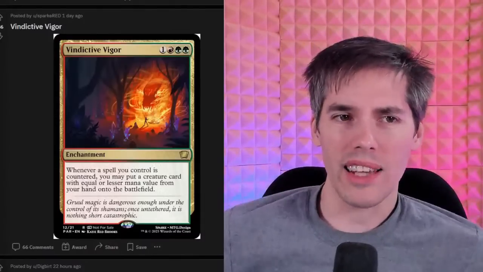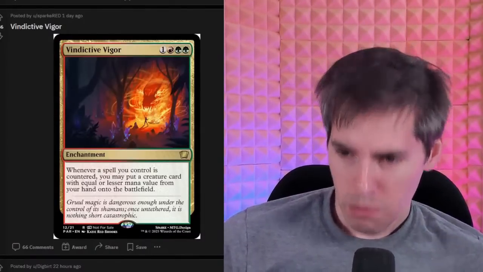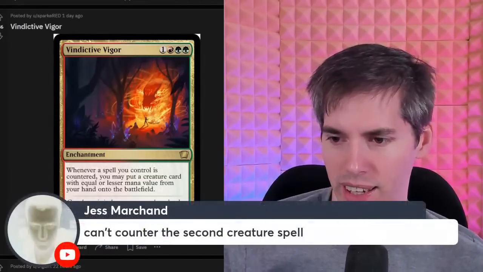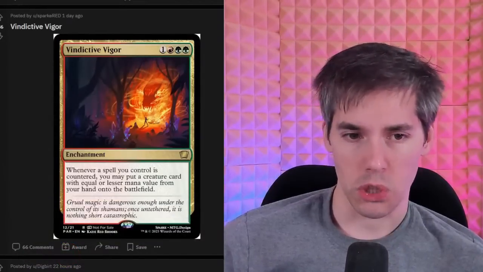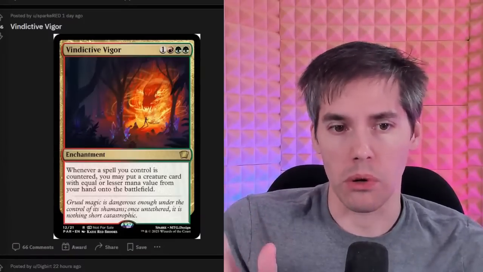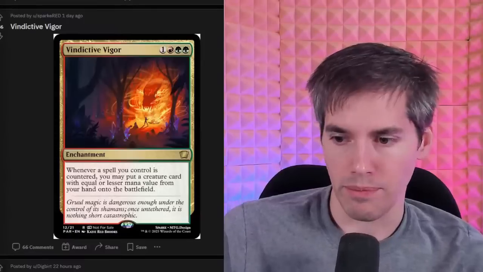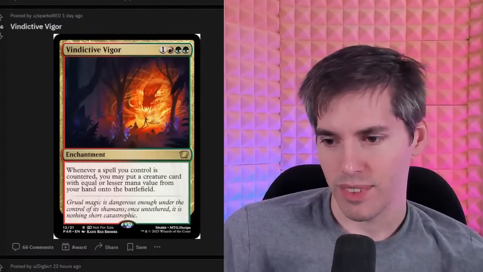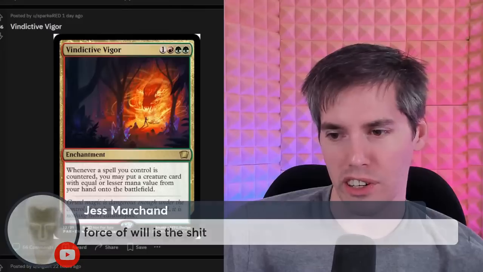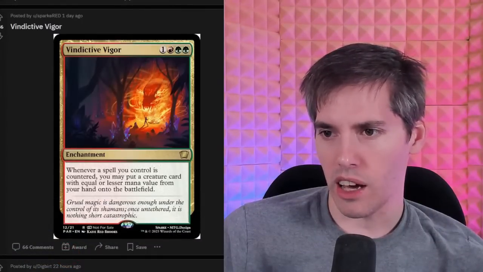What's wrong with classic blue counter target spell? People are just ganging up on the blue players these days. You can't counter the second one. It just goes directly into play, and it's not like Show and Tell. You can't put something broken; it has to be something of equal or lesser mana value. So, cool stuff. You gotta force the will of the Vindicative Vigor. That's how it works. All right, next up, we got